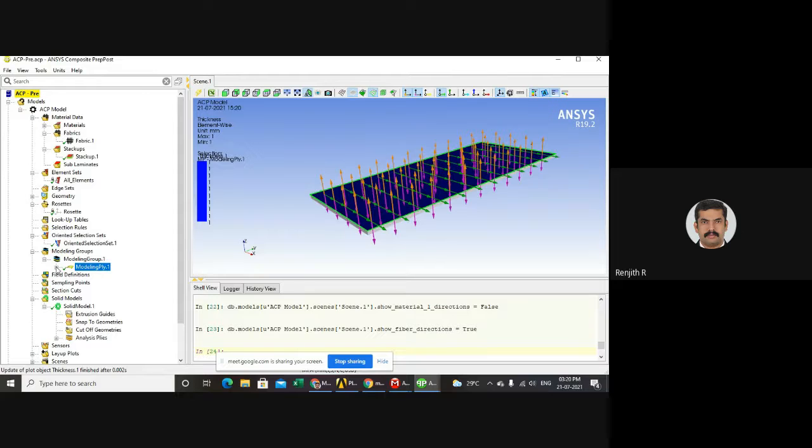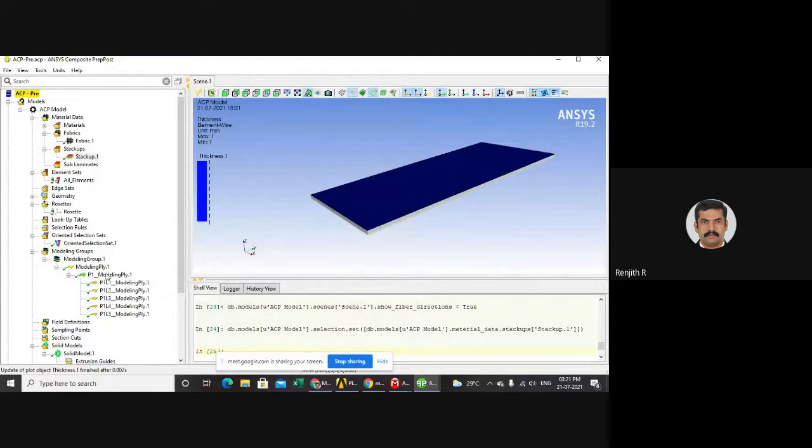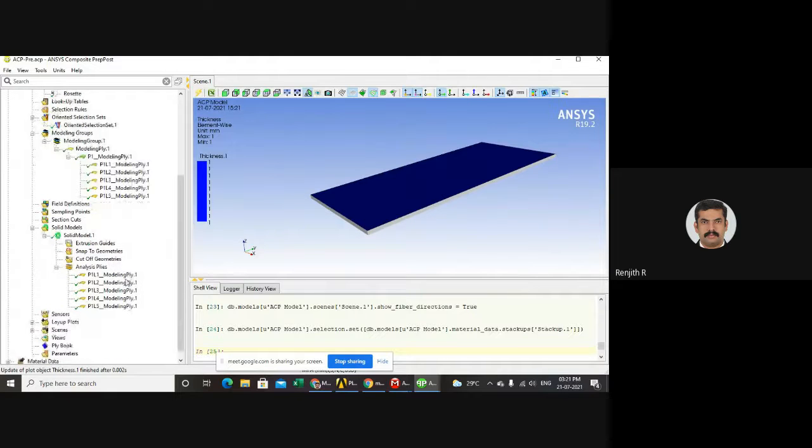Okay. So after creating, you can create a modeling group. Which means we created the lamina and the laminate, and we want to convert that into a shell composite data or a solid composite data. So this is created with the help of this modeling group. Here you can see all the plies you created, because I created a stack up with 5 plies. I think 5 plies. One second. Yeah, 1, 2, 3, 4, 5 plies. So these are the 5 plies, and I can also alter the angles from here if you want. And after that, I will create a solid model, and this solid model also consists of these plies.